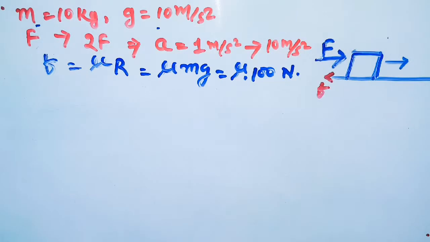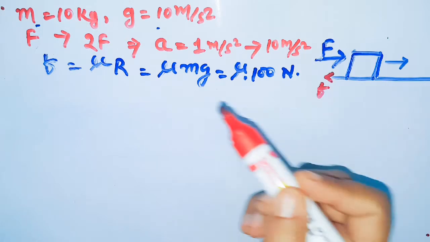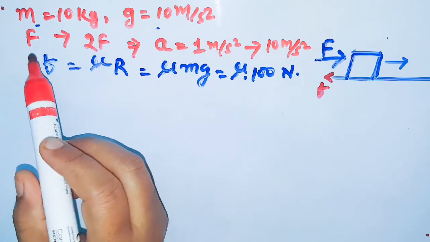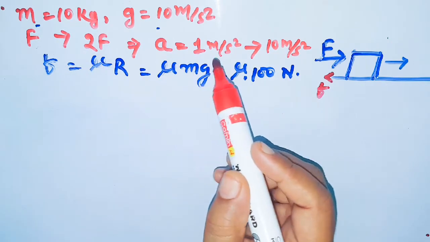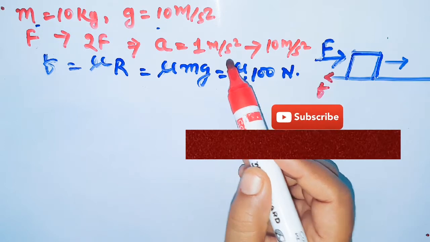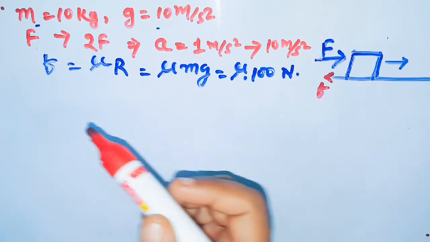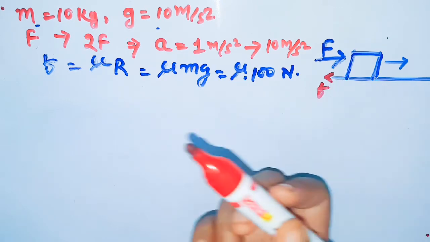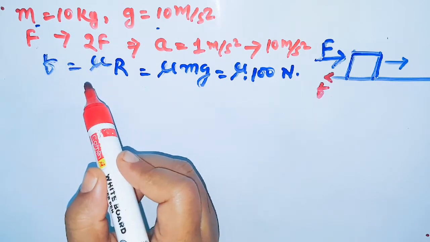So it is given in the question that the mass of the body is 10 kg, which is sliding on a surface, and g is given as 10 meter per second square. When forward force F is doubled, then acceleration changes from 1 meter per second square to 10 meter per second square. As the body slides over the same frictional surface, the force of friction should be equal to mu